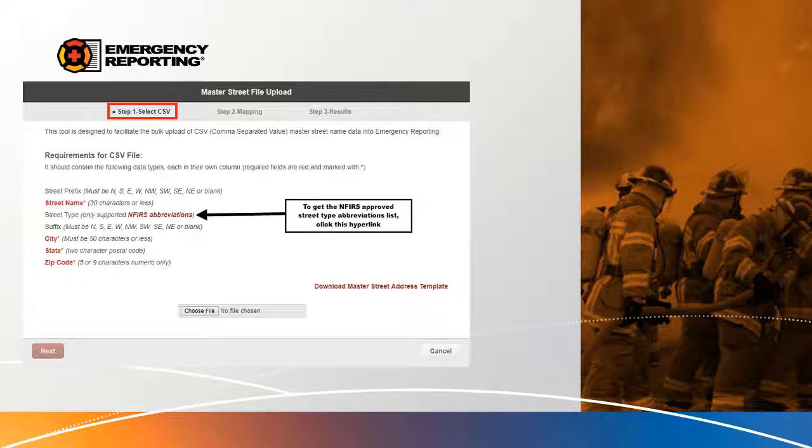One thing that I commonly see, if a customer sends me a master street file, is that a lot of times it doesn't have a city, state, and zip code. It will just be a list of streets, street names, types, prefixes. To satisfy the required fields, city, state, and zip is required for each street name. So if a street goes through multiple zip codes, you would need to have a separate line that includes that zip code. That way, when you put in that street name, it'll give you the two options for the zip code and you can choose that.